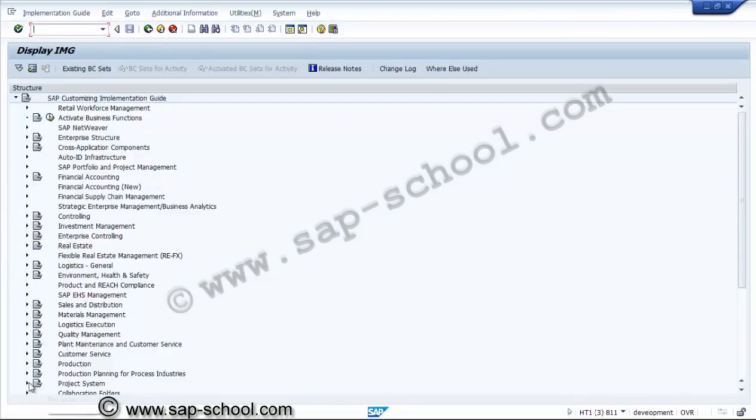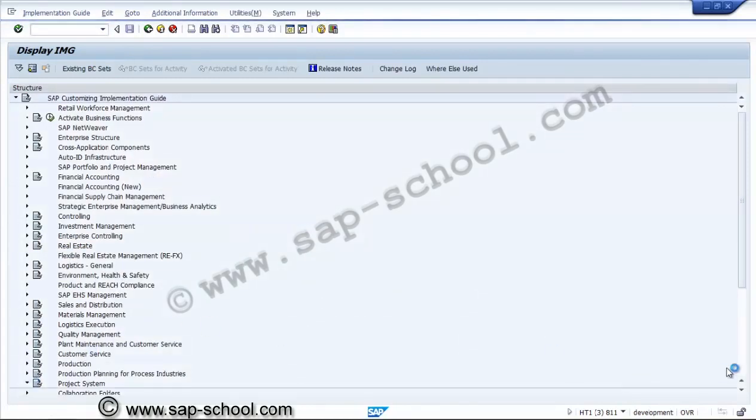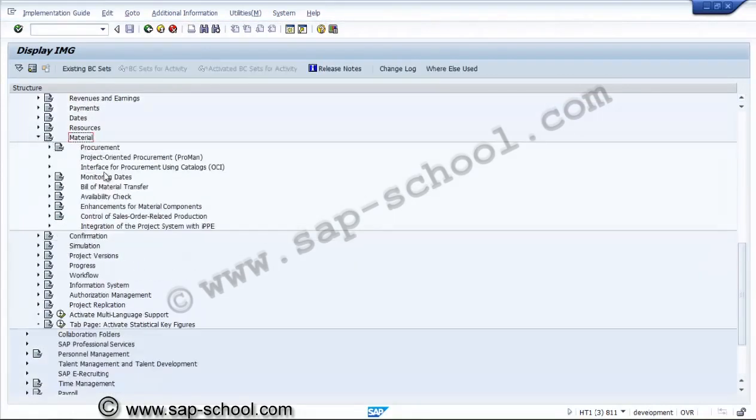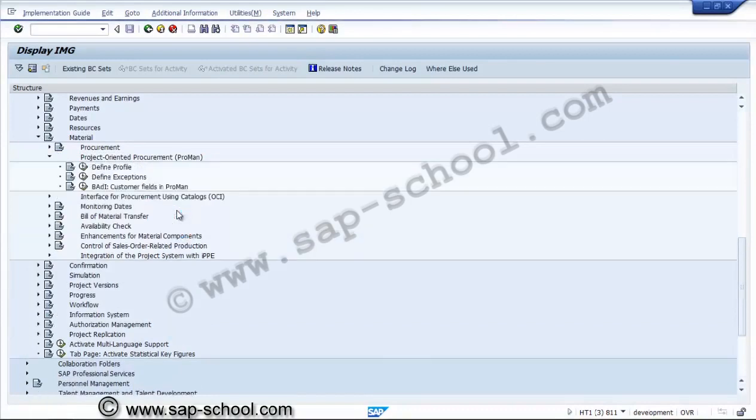In the project system, now we have to go to material. Here we'll go to material, then project oriented procurement. Here we have to create a profile for Proman. Define profile.